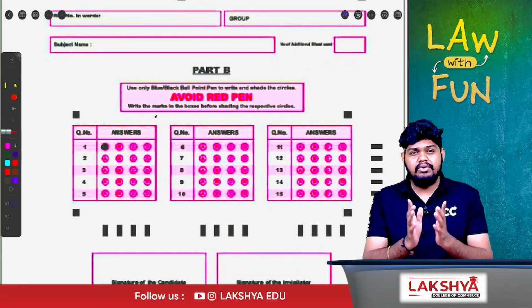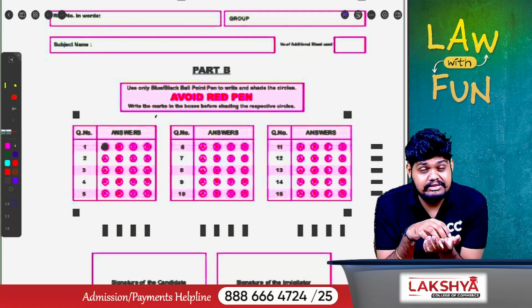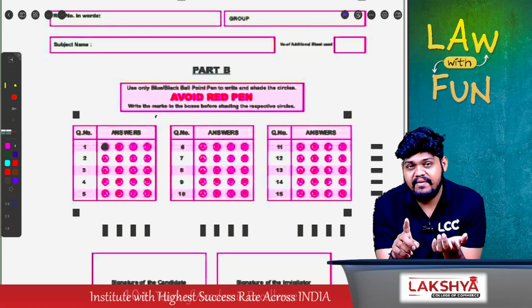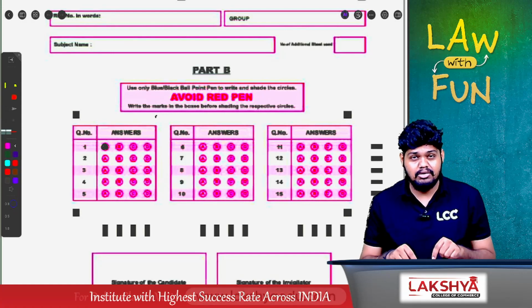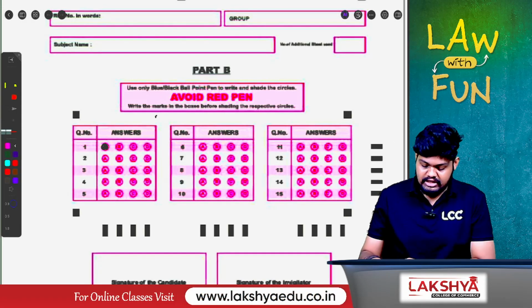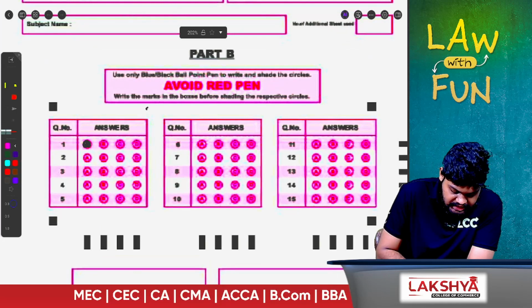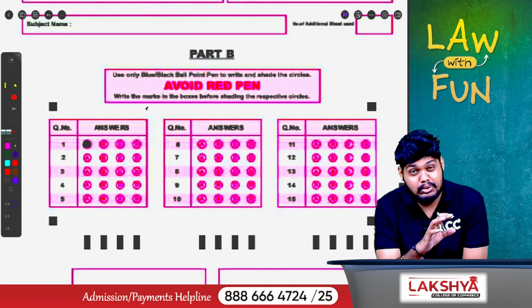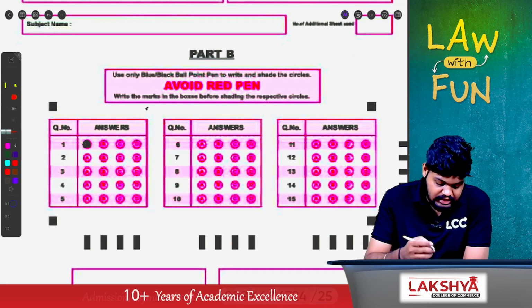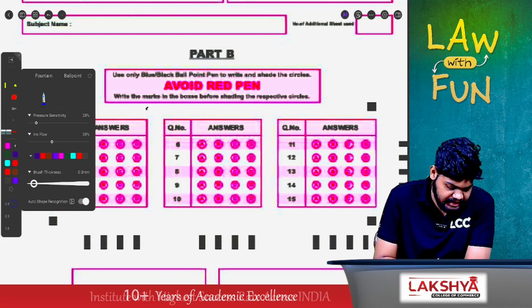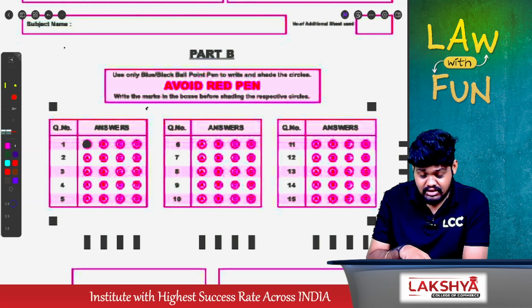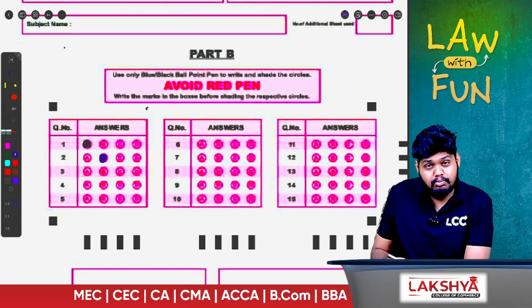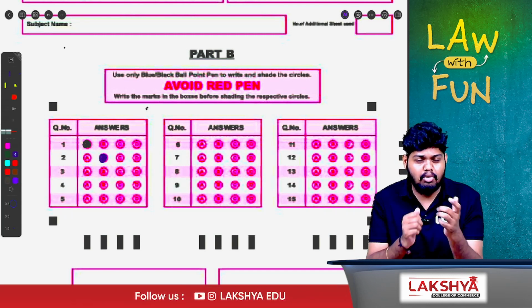So the first thing you have to get clear is the MCQ answers, if at all they are written in the answer sheet, will not be evaluated. Those will be evaluated only when they are bubbled in the OMR sheet, and in the OMR sheet we have to bubble one option for each answer, not all of them, as you guys know about it. And there is no negative marking as usual, but the answer will be evaluated only when it is bubbled in the OMR sheet, and it can be bubbled either with a black ballpoint pen or a blue ballpoint pen.